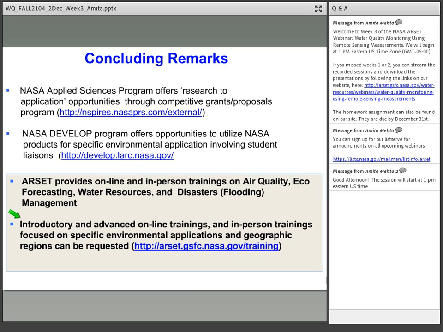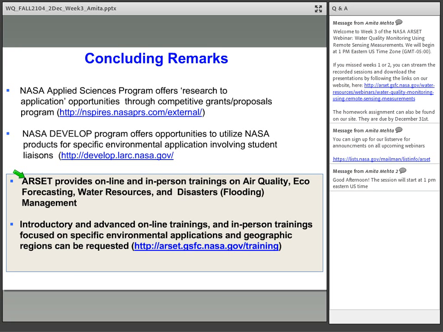There are also in-person trainings available. They take a little more planning, but when in-person trainings are planned, these are short, with a small group of people working in a computer lab, and hands-on case studies are designed so end users can actually learn to get the data for the region they have picked or pre-selected, and for the applications they have pre-selected. So this is a more customized approach to training, but ARSET is there, and throughout the year we provide webinars and